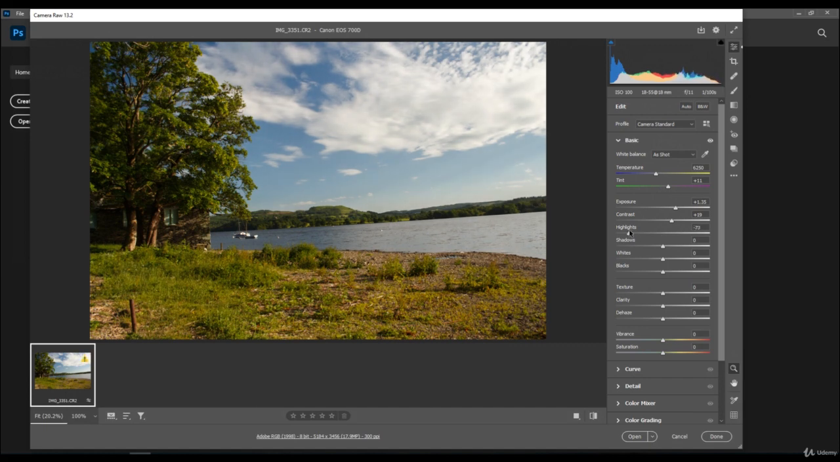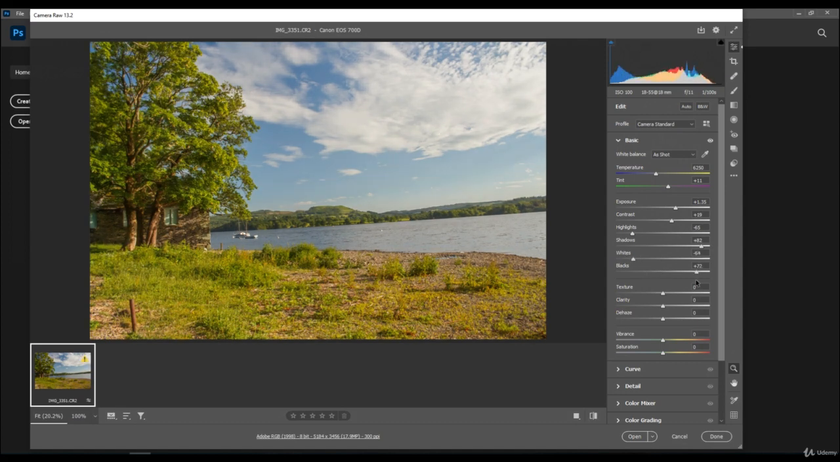I'm going to drop the highlights down so these clouds will pop a bit more. I'm going to increase the shadows, brighten it up. I'm going to drop the whites down a bit as well for the clouds. Because it's so dark I'm having to increase the blacks, and normally I have to decrease them. Texture, increase the texture,